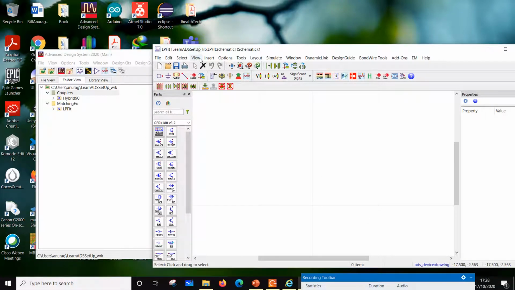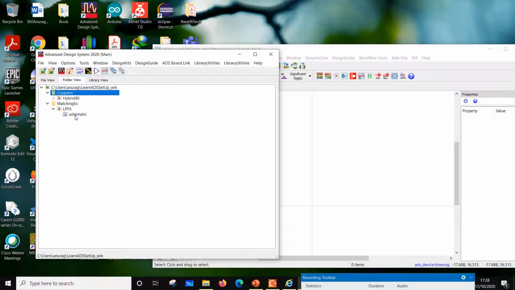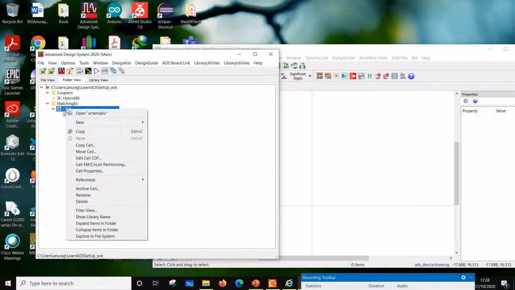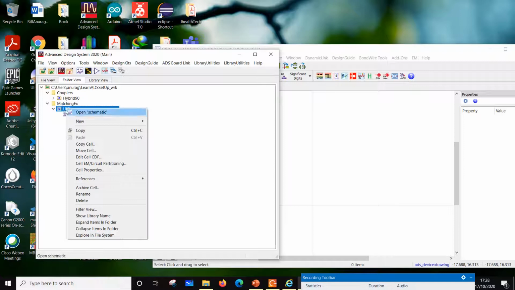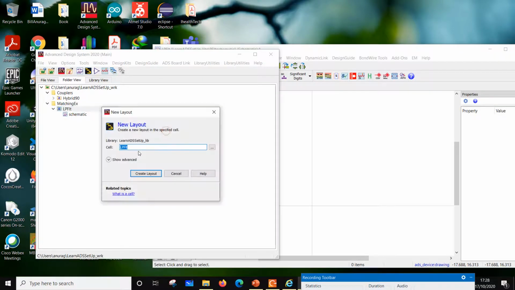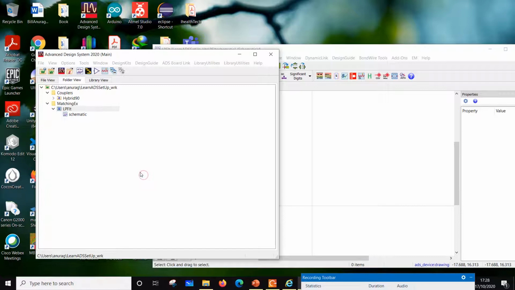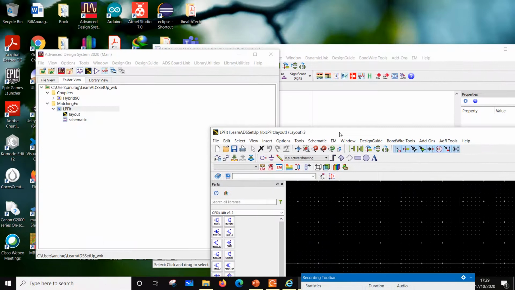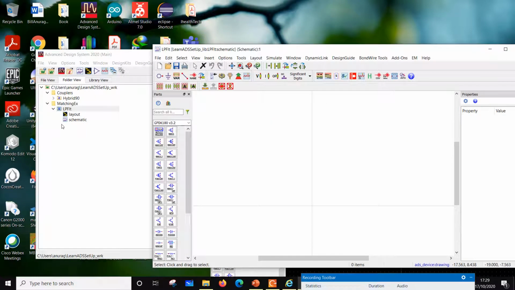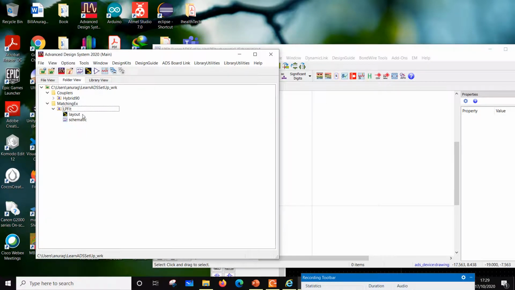Now let's look at schematic. Schematic is just one view. So in this case, the schematic is one of the views of LP filter, low pass filter. Now can I make a layout for the same cell? Yes, I can say new. So you have to click on the design name, or the cell name, and say new layout. Okay, create a layout. So the layout window is going to be dark like this, and schematic is going to be white like that. So now you see one cell has got schematic and layout.